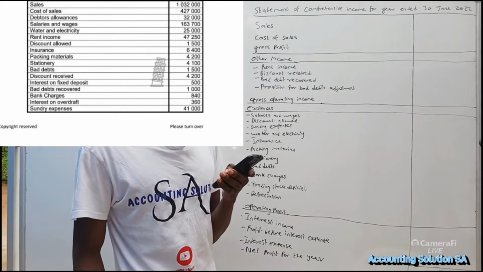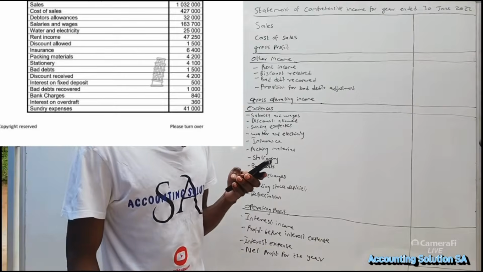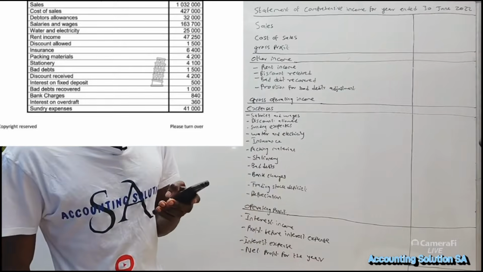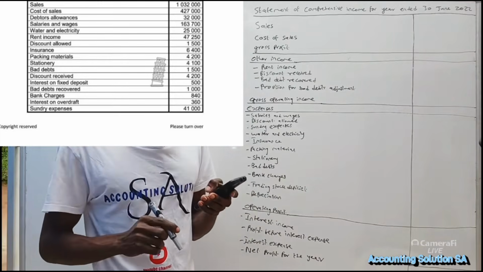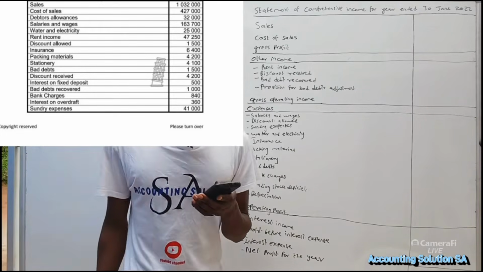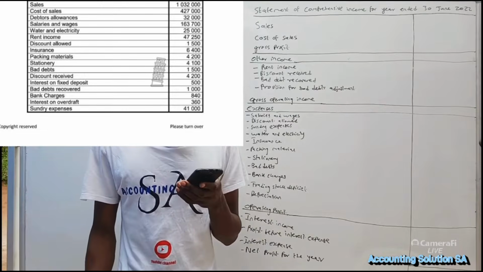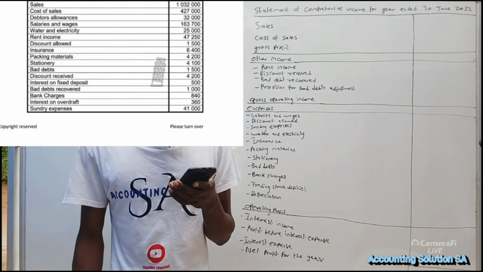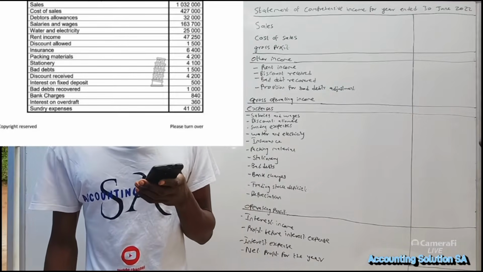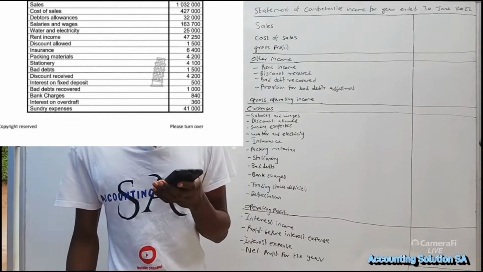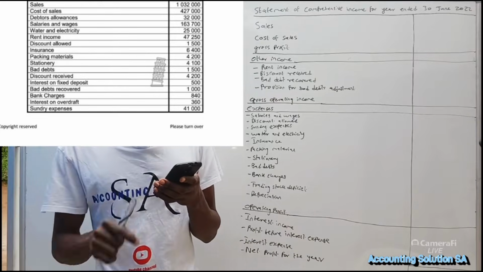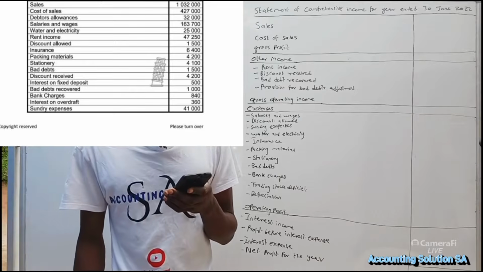Prepare the statement of comprehensive income, which is income statement for the year end 30 June 2022, which means that our year started 1 July 2021. So you have to take note of that, because we have to use a 12-month period when we prepare income statement. Okay, so information number 1, they give us list of some balances and total of goods Hope traders on 30 June 2022. Okay, then they give us from trading stock until a sundry expense. All right, then after that they give us other additional information that we are going to read them one by